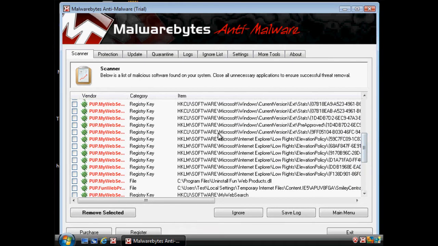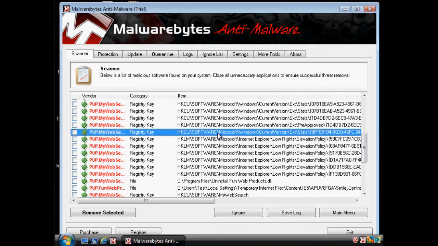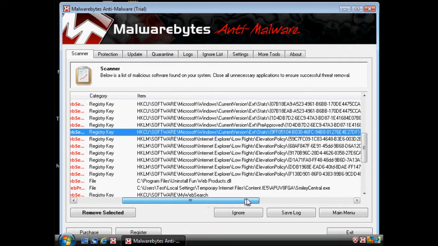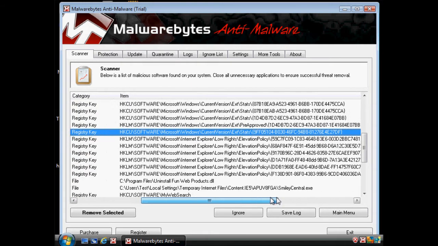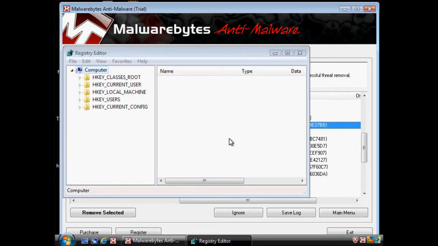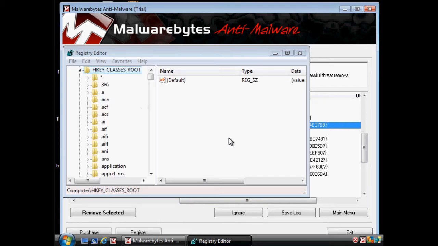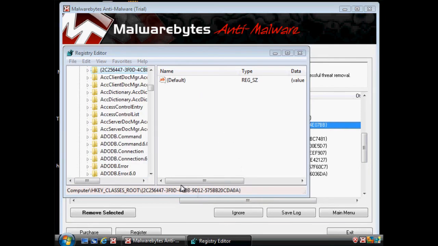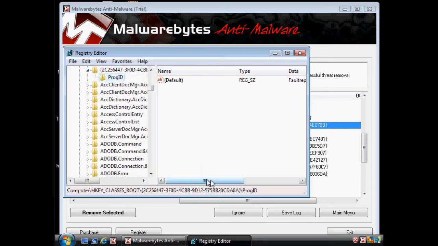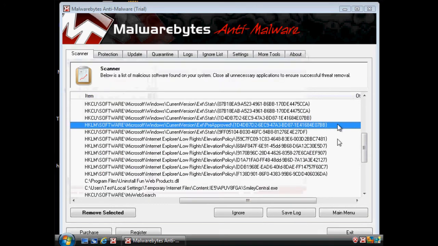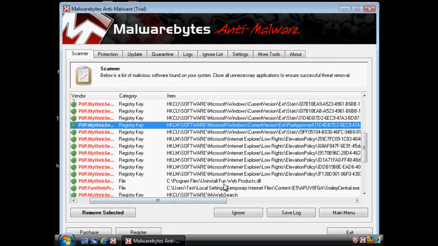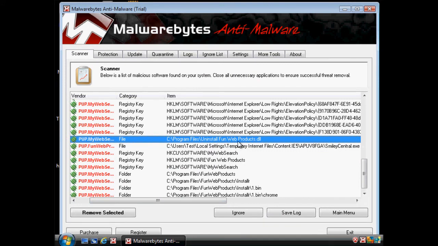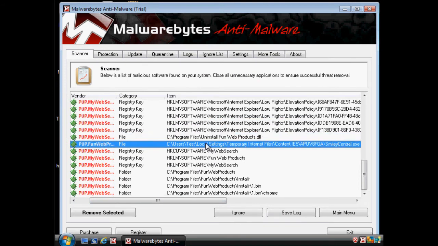And one of the nice things about this application is you could jump right to the registry if you wanted to take a look at one of the entries in the registry itself by using the jump to location. It's pretty interesting. Then you could just find the highlighted field and you'll see what's in that registry entry. Okay, but you can see here also that it found the uninstall folder still intact,